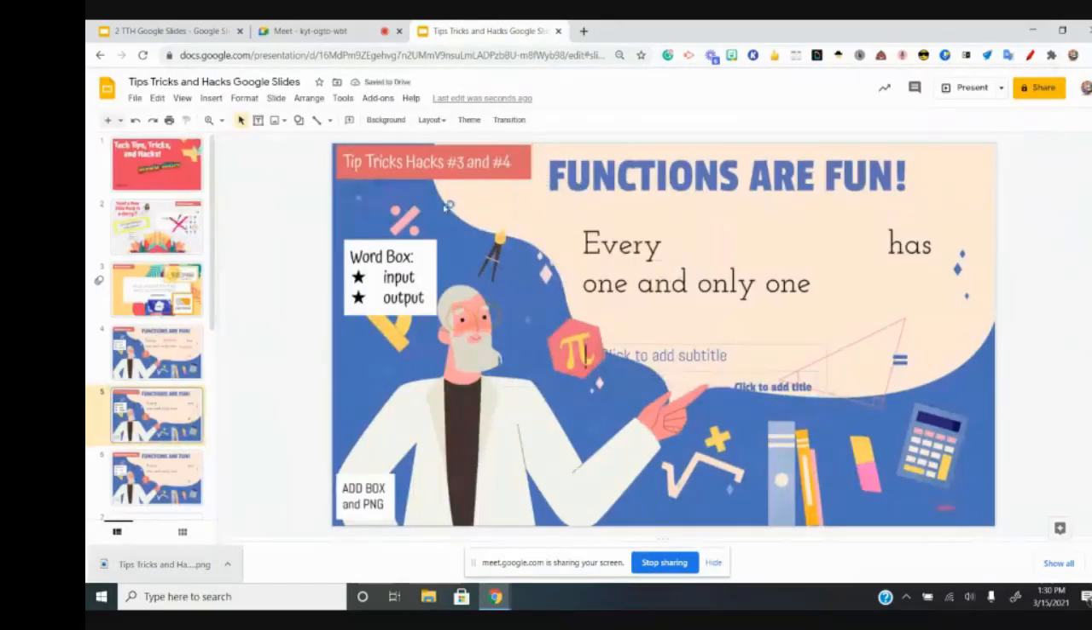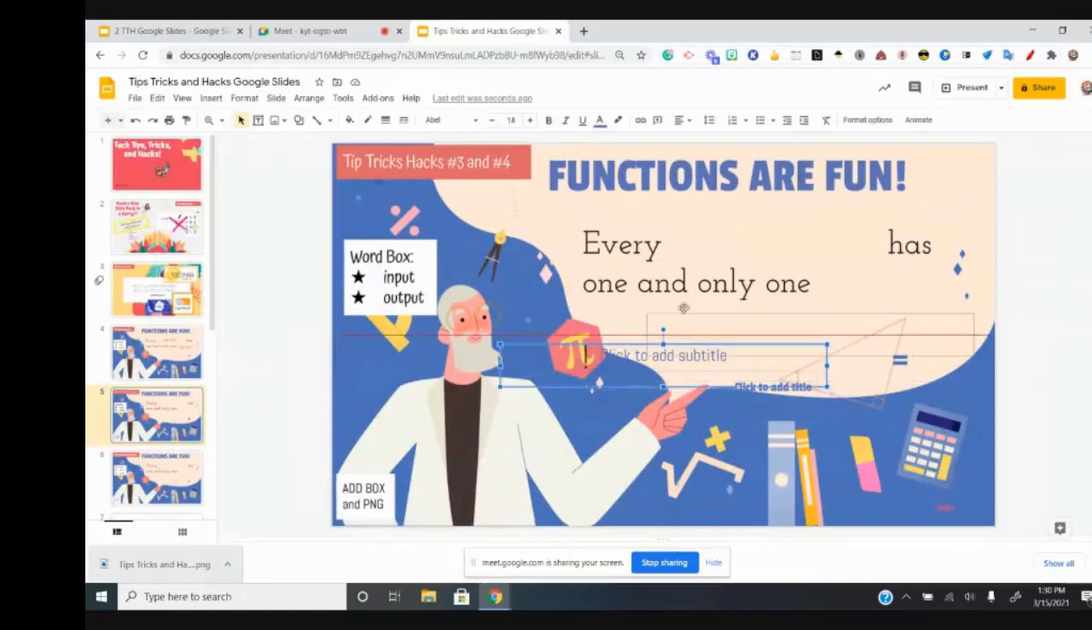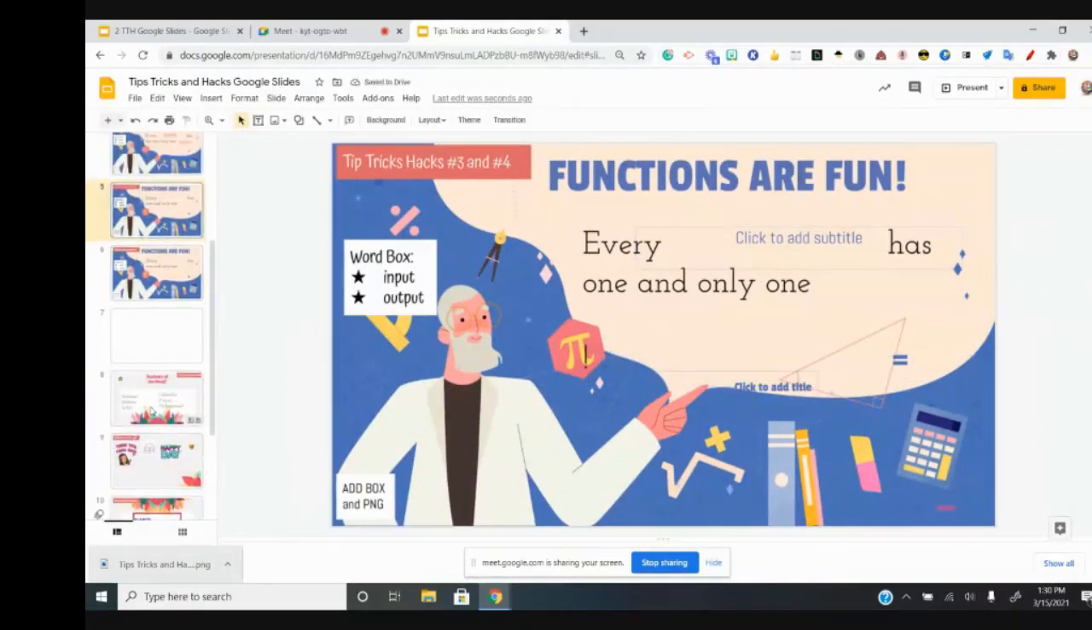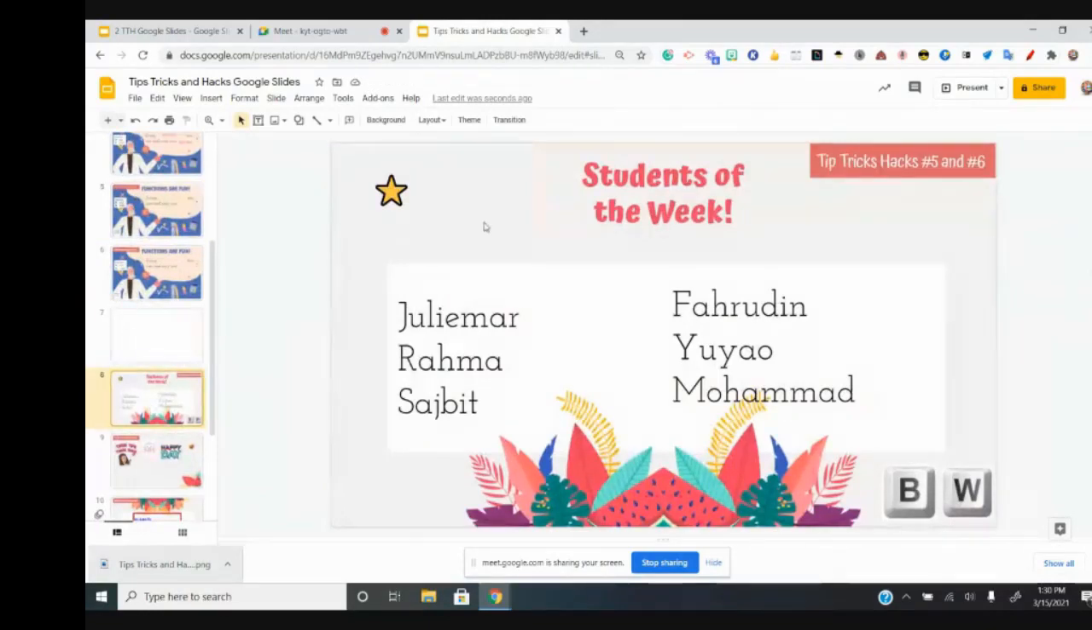Now you won't be able to move the background, but this part you still will be able to. So there you go. The next hack I have here for you is if you have this star from your emojis or whatever,